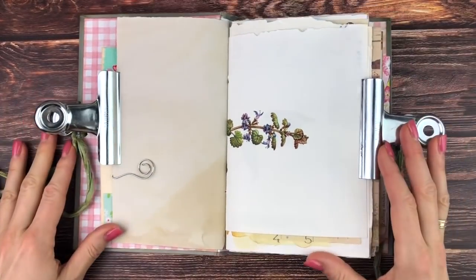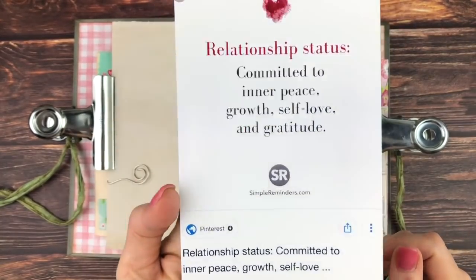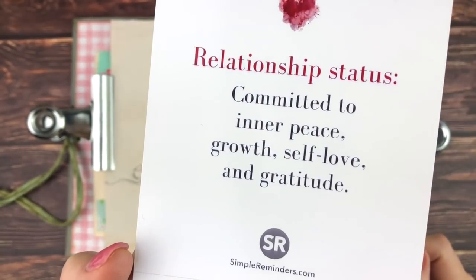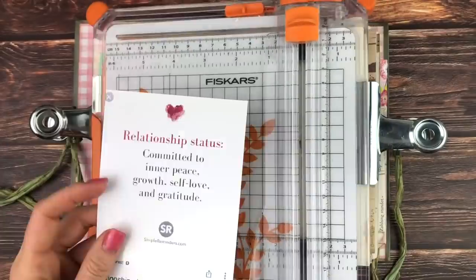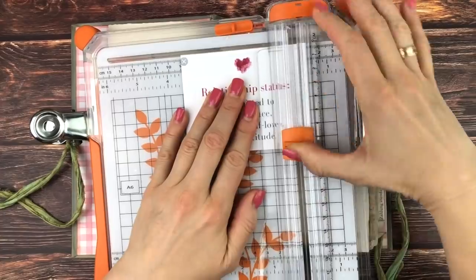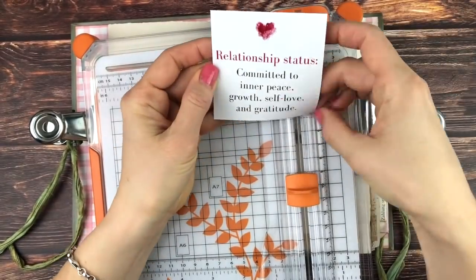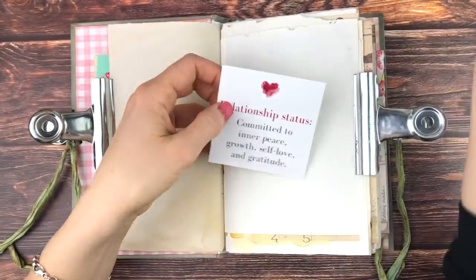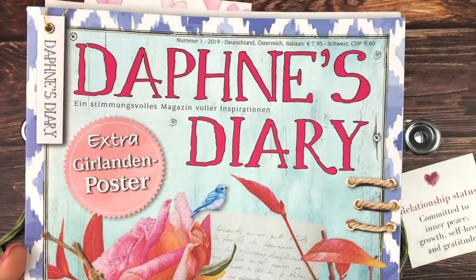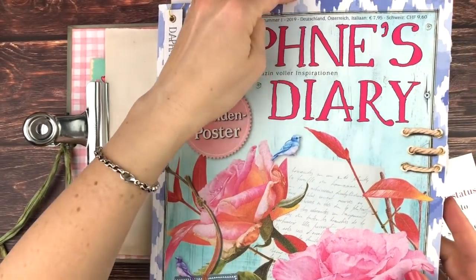So today's prompt for Junk Journal January is photograph. So what I did was I took a photo of a screenshot of this quote that I absolutely adore, that was on Instagram maybe a week ago or a week and a half ago. So I'm just cutting that down, and I'm not sure yet what I'm gonna do with it, but I'm going to do this single-sided spread using this month's Daphne's Diary from January. I'm so happy I